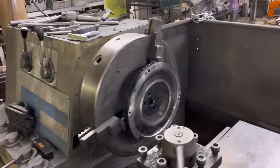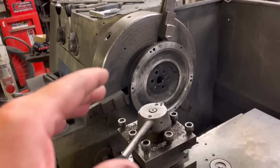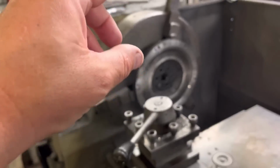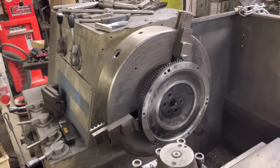So what we'll do is I'll face this now. Isaac will get this up and we'll show you how bad that is. I did say to Paul, which he was quite surprised about, that the trick clutch cover that he's got, they tend to be the worst of all. So he's a bit surprised by that, but we'll see exactly how